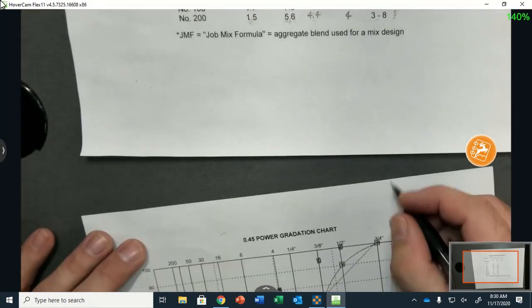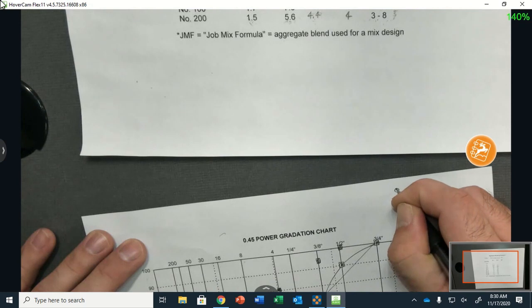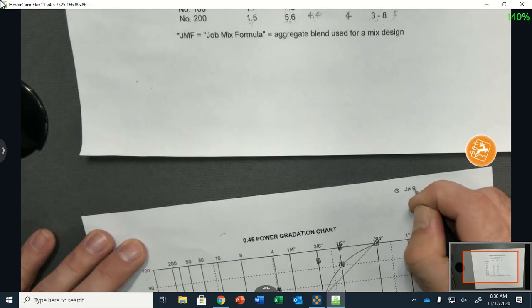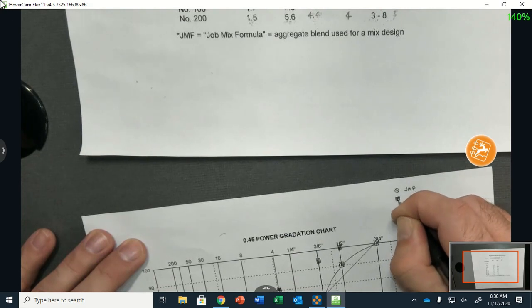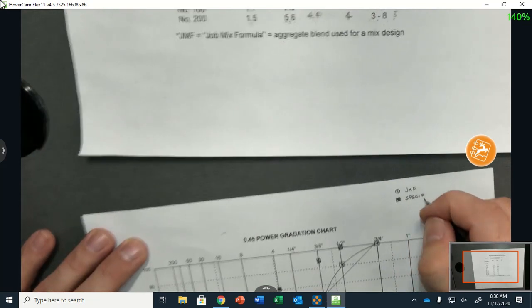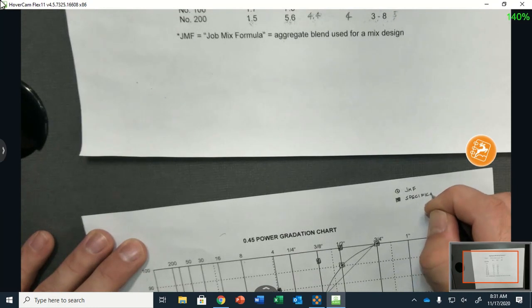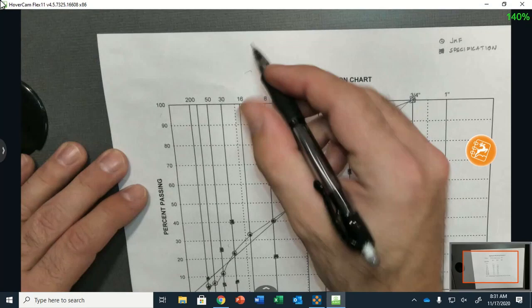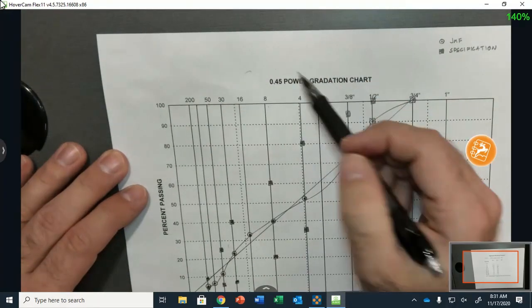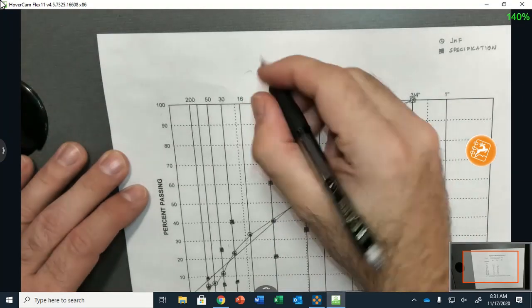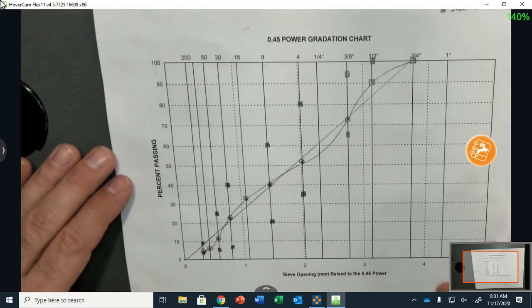So, I'm going to make a little legend. Got my little circle here, because we want to know what the data points mean. That's JMF. And our squares are specification, or you can call them control points, whatever you want to call them. Specification. Okay? Alright. And then, what I want you to do when you do this, you're going to put problem 3A or problem 3B on the title so I know which one is which, okay? All right, now if I look at this,